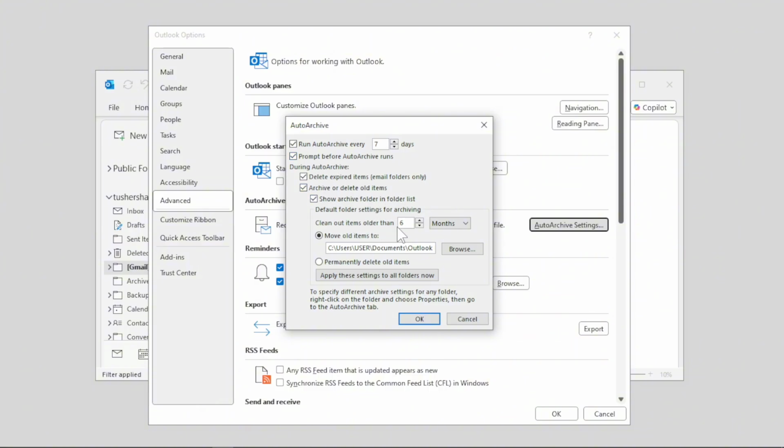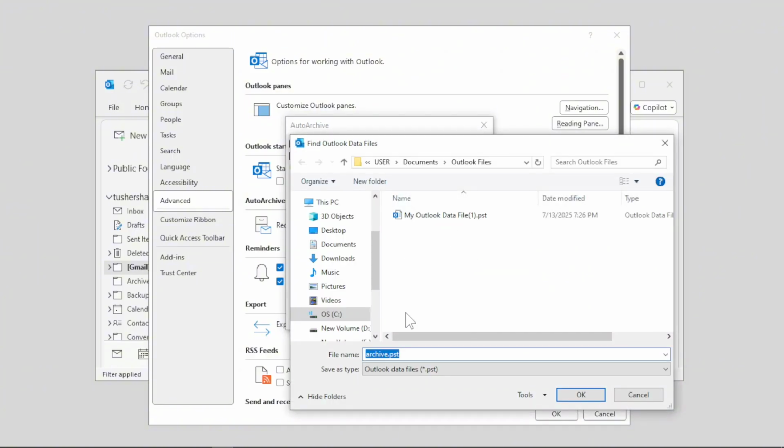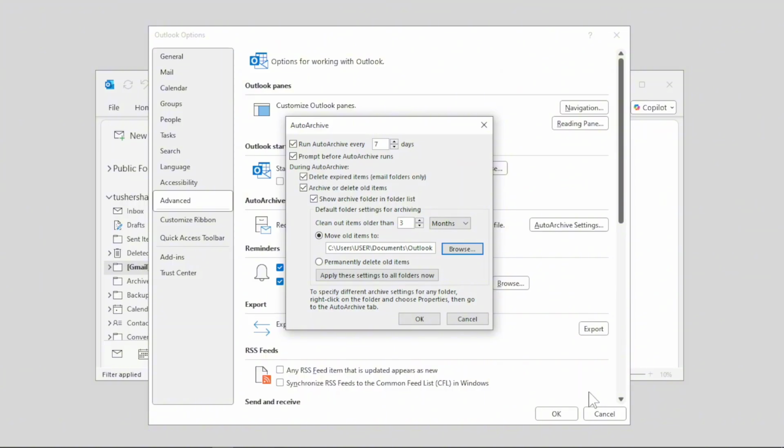In the Clean Out Items Older Than field, select how much older emails you want to archive. Then select the Move Old Items to option. Click on the Browse button, select a location where you want to save the archive PST file, and click OK. In case you want to permanently delete your old emails, select the Permanently Delete Old Items option. For now, I don't want to delete my old emails permanently, so I am selecting the Move Old Items to